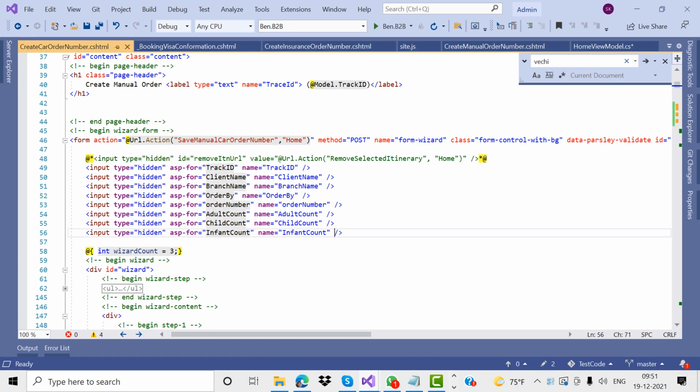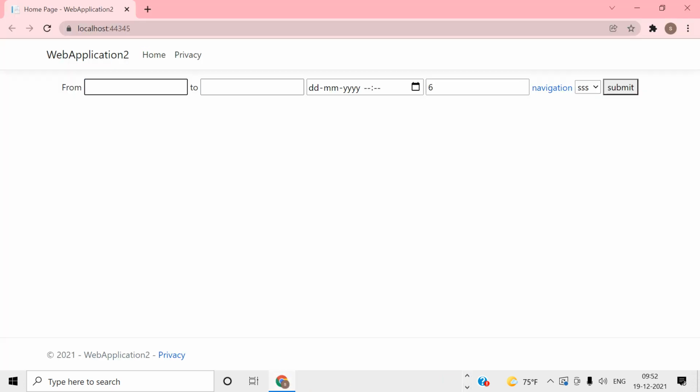If you want to place some value into a hidden text box, into some field control, suppose I'm doing one logic here. This is text box one, this is text box two.